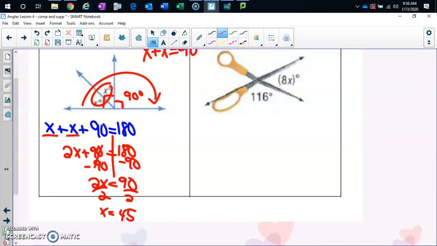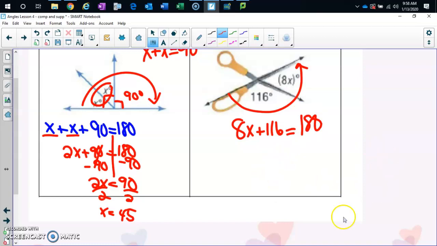Okay, who can give me an equation to solve for x in this one? A linear pair is supplementary. It adds up to 180. I'm not even going to bother solving that. Now, this is what you